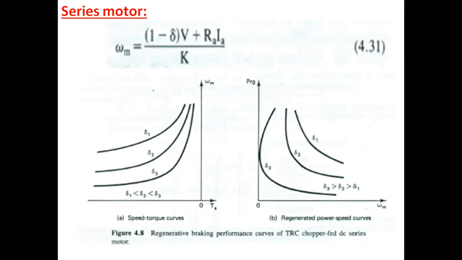As explained in the separately excited motor before classes, the armature current will also be excessive at larger speeds because there is a restriction on the minimum value of delta. So if you have to limit the delta, the armature current will be more than the rated currents. So this is prevented either by an external resistance in the armature, or if you weaken the field using a special circuit, the flow of excessive current in the armature is prevented.